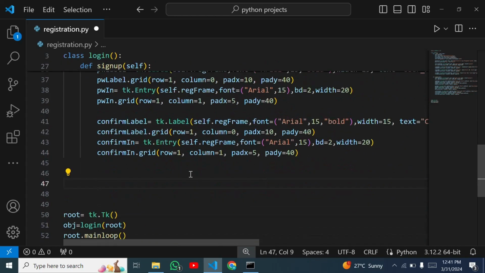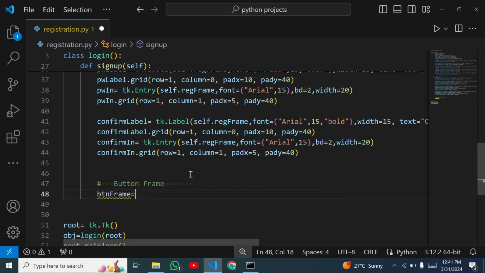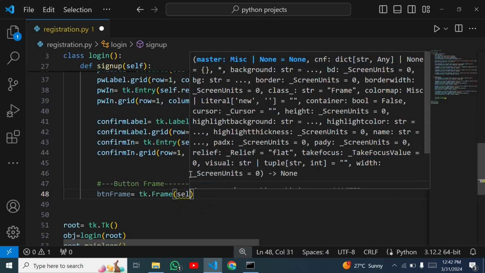Okay, I will create a new frame. So next I will comment it by using hash, and then I will comment here frame button frame. Okay, so this will be used to carry some buttons. This is button frame, so we have to create a frame. This is button frame, so I will use the name button frame. Okay, so it will be created by using tk.frame, and it will be created inside our this registration frame